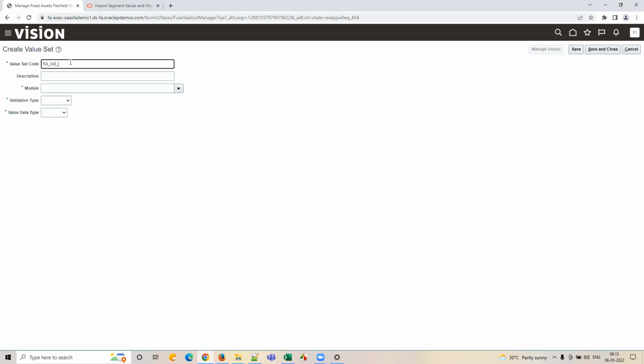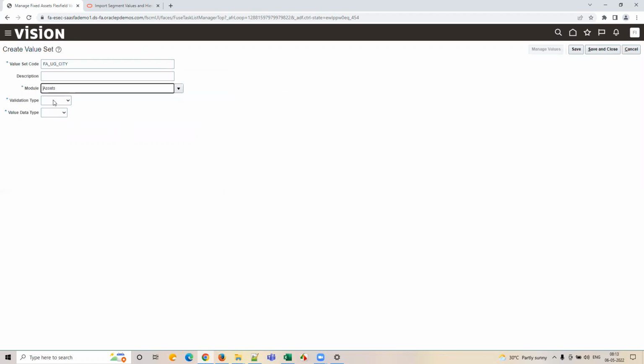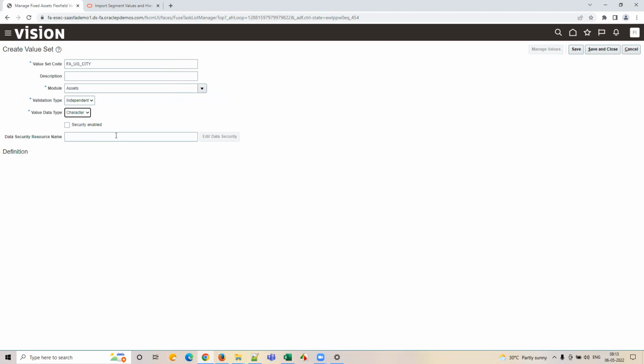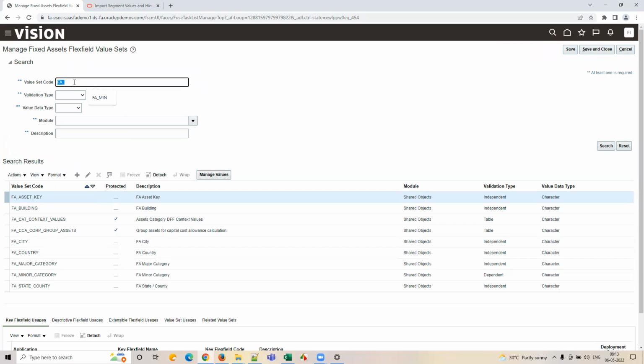FA underscore UG underscore CT. Independent, character text. Go put it as the 50 or something. Just save. I'm copying this. Save and close. What I'm going to do now is I'm going to navigate to my